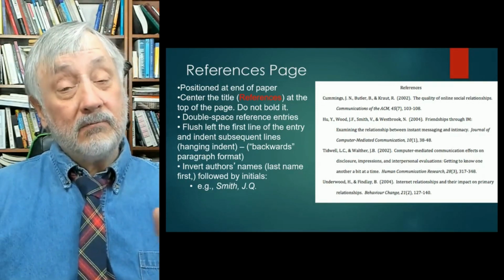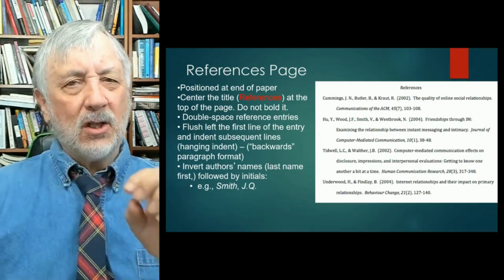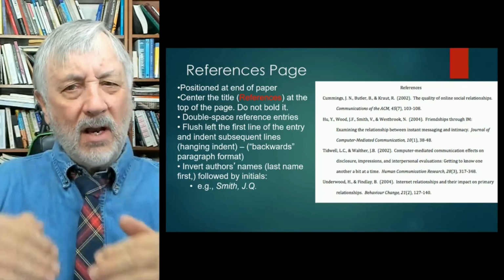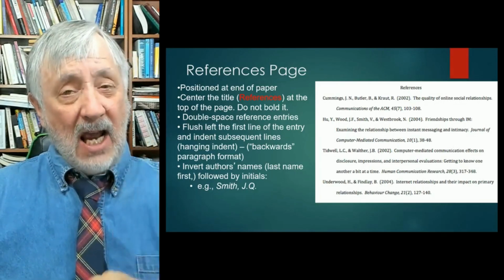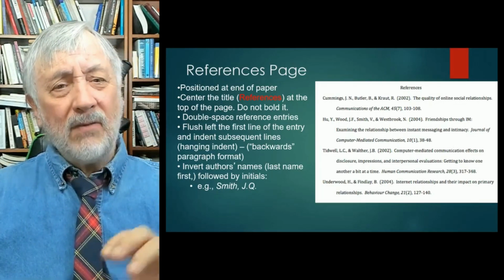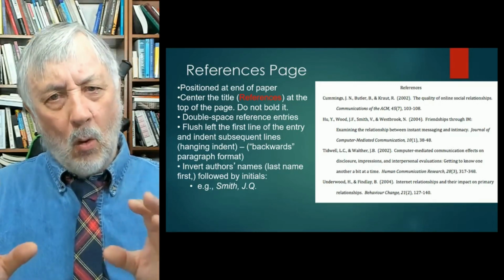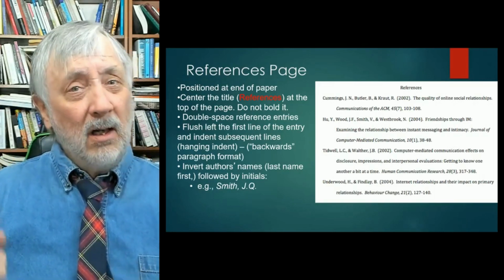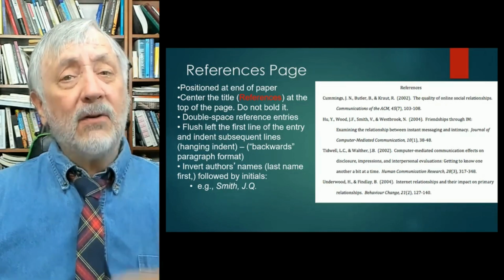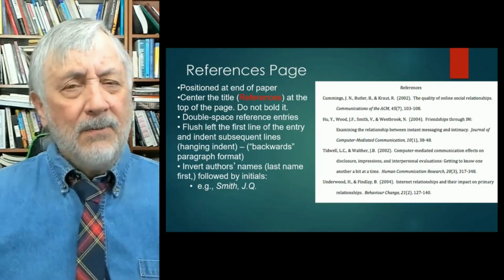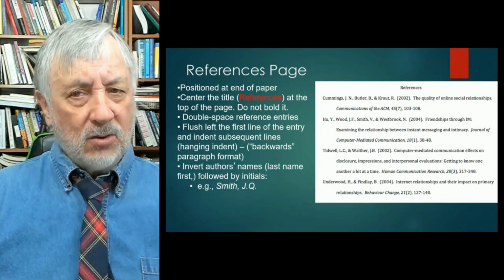You have these, they're called hanging indents. You might think of them as backward paragraphs. So the first line hangs over the rest of the paragraph, and this makes it stick out. It's with the last name that sticks out that your references can be easily found. And you'll notice that there's a few other things, and we'll go over those, but it's in alphabetical order by the last name of the writer, or the last name of the first author in case of multiple authors. And first names are not spelled out, but referred to by initials.